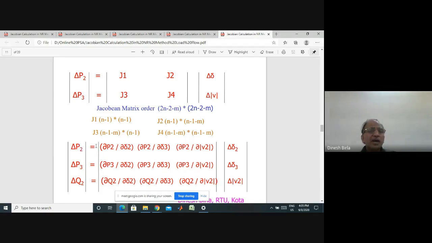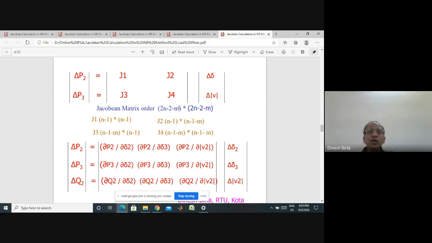Okay, so P is already calculated, P is included in the left hand side, but Q is not included. So the number of Qs not to be considered will be as many as the number of PV buses there are. So M is the voltage controlled bus or PV bus or generator bus, it is the same thing. So for not considering the Q, for example, in this case we are not considering Q3. So 1 will be deducted, because M will be 1, because the number of PV buses is 1 only.